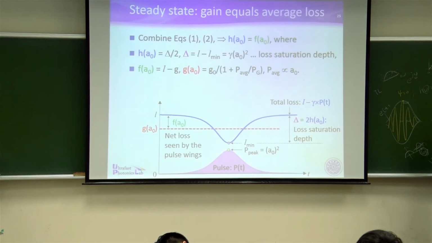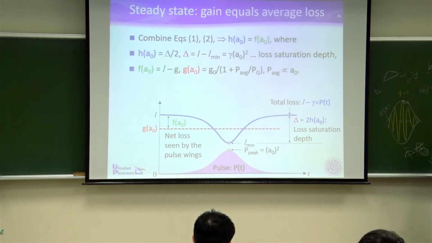Okay, any question to this point? I just gave you interpretation for the two nonlinear functions, h function and the f function. h is about loss saturation. And precisely speaking, h function means 1/2 delta, and the delta is loss saturation depth. That's the physical meaning of h function. And the physical meaning of f function is net loss seen by the pulse wings. And the